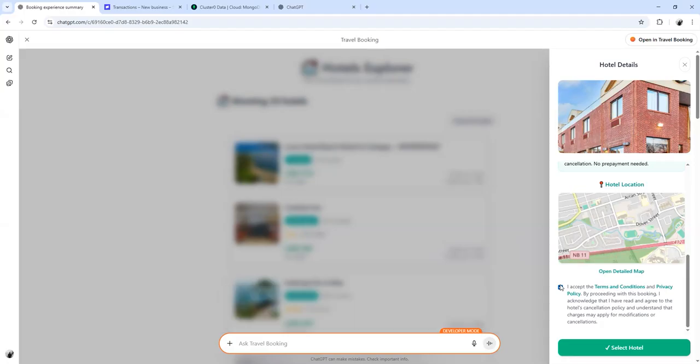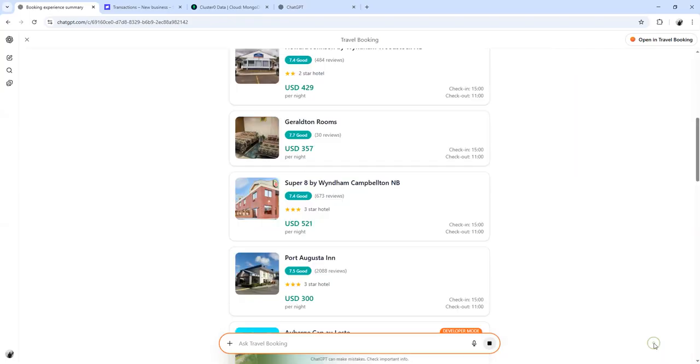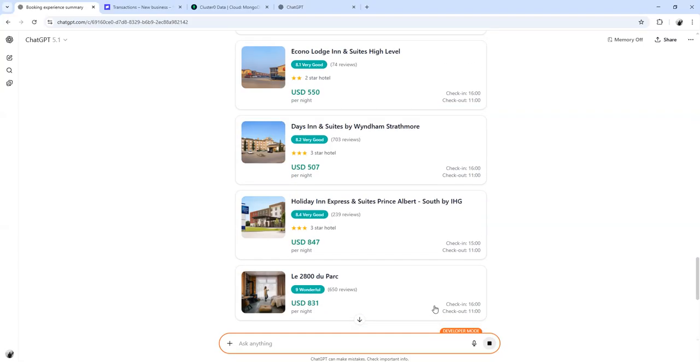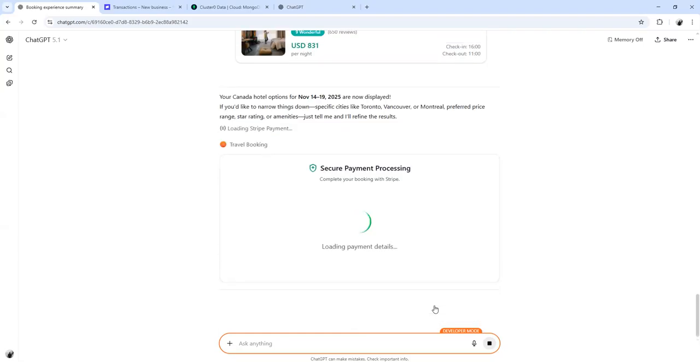Selecting a hotel. After selecting a hotel, we will call the Stripe control. So actually calling this Stripe page is very similar to what we saw before, and even simpler.